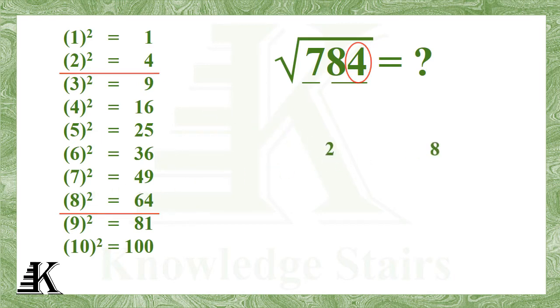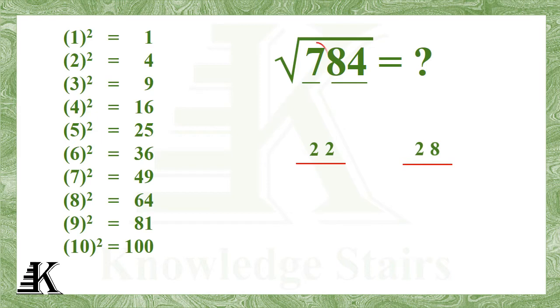Let us come to the second pair, that is 7. Now we will see which number has a perfect square whose value is less than 7. That is 2, whose square is 4. We will write 2 at the tens place. Now we have two numbers. One is 22 and the other is 28. So, to know the answer, we will take one more step.